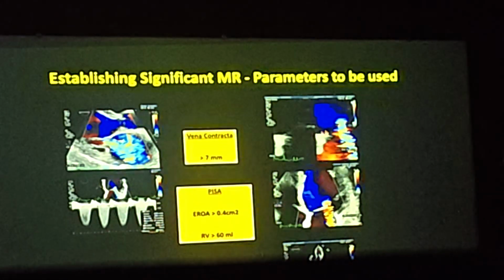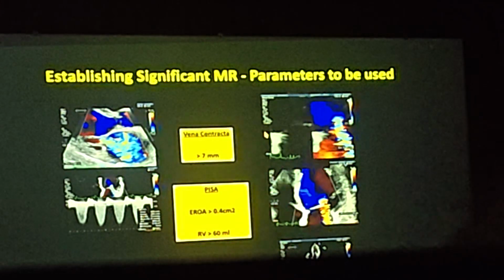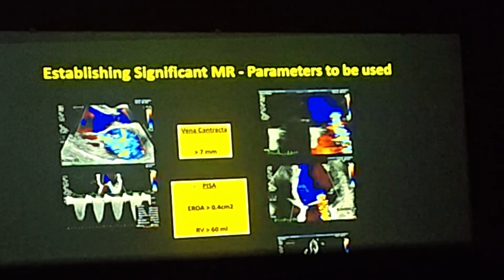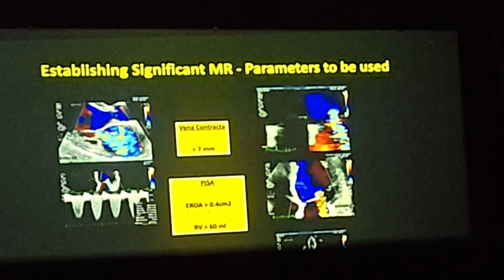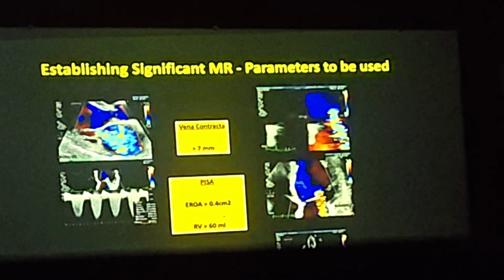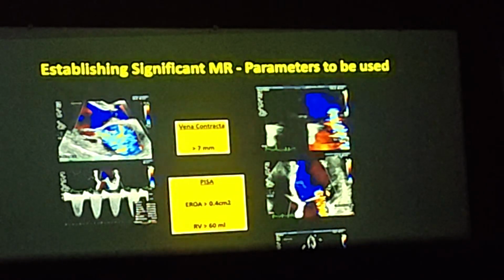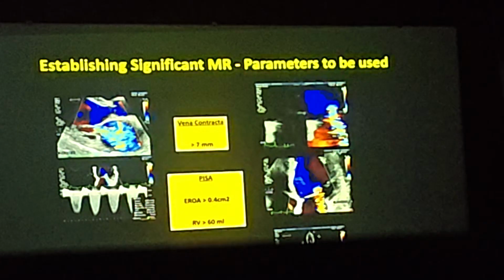So then you can understand what the anatomical orifice is. That's what the vena contracta is about. It's a functional reflection of what the anatomical orifice is. And then the PISA itself is quite a tough one, so not so easy. So the low-hanging one is just to look at the PISA radius and how much the PISA is, and then if the PISA is there,